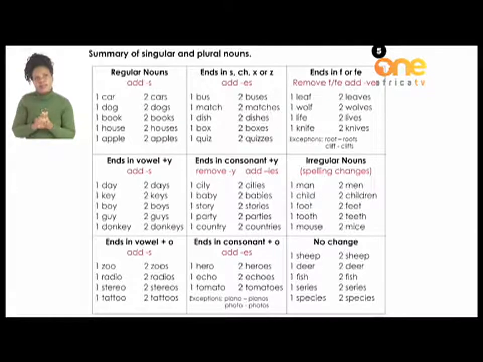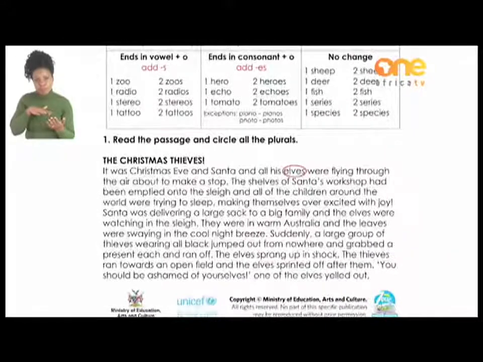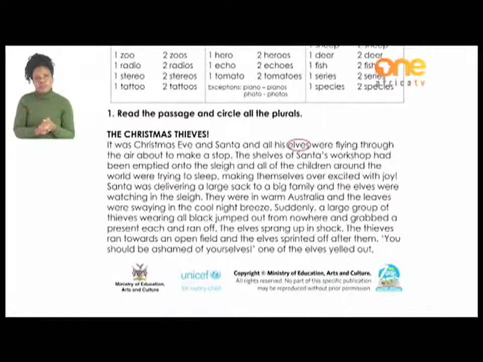There's a written passage on page 5. We are going to read it together. And as we are reading it, please do circle all the plural nouns that end in F, double F, or FE. The Christmas Thieves. It was Christmas Eve, and Santa and all his elves were flying through the air, about